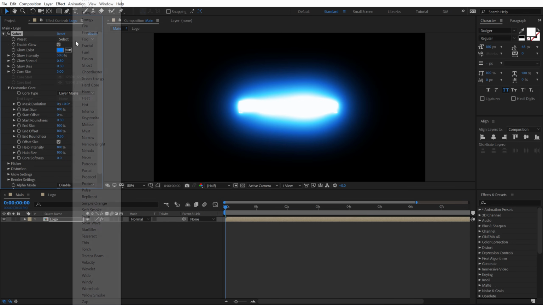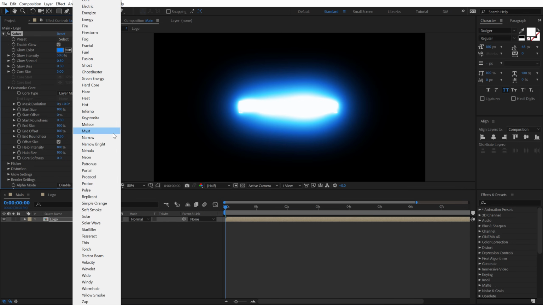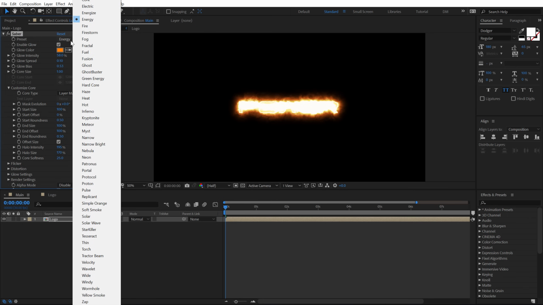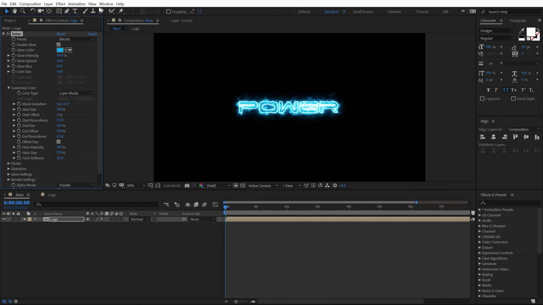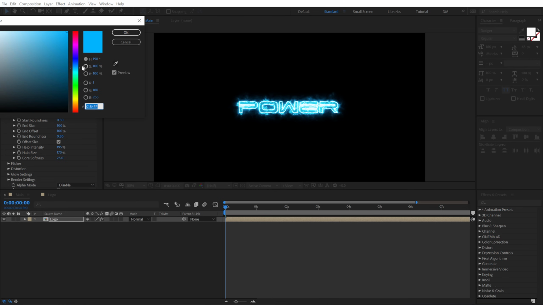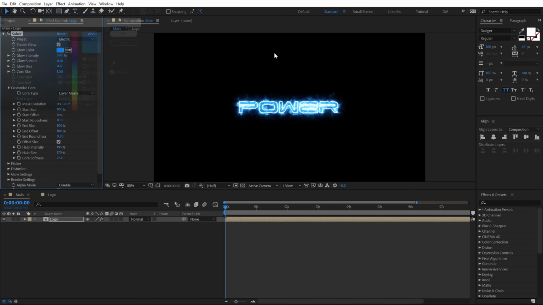And for the preset, there are tons of presets that you can choose from, and these are absolutely amazing. So for this particular effect, it's kind of an energy. So I'm going to go with an energy, or maybe let's go with an electric. Yeah, that looks much closer to the effect I am looking for. And I'm going to make it a bit more prominent blue. So that looks pretty cool right off the bat, as you can see,